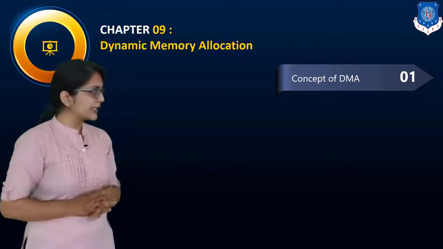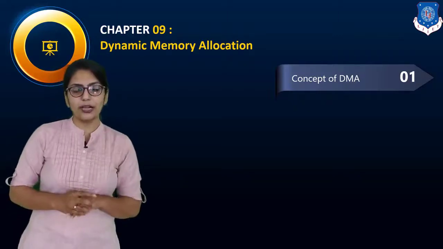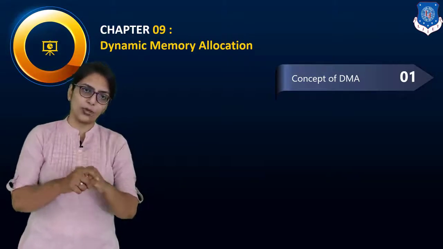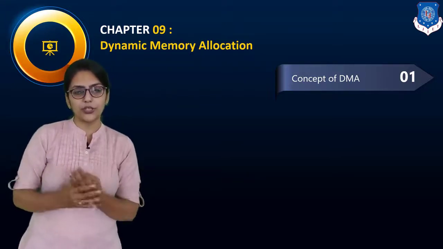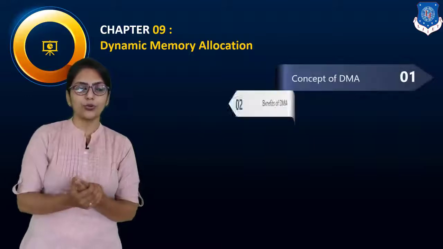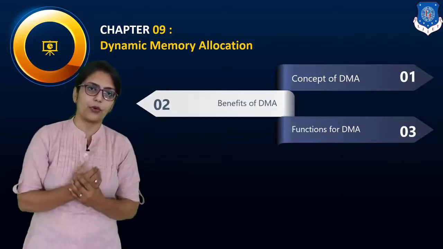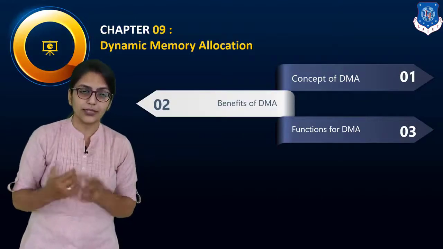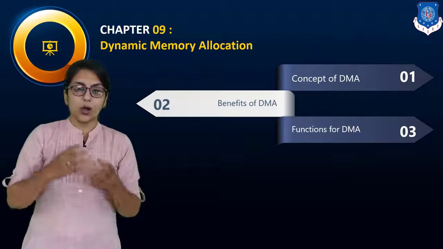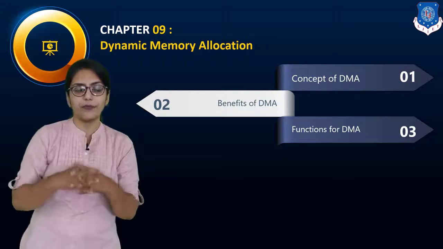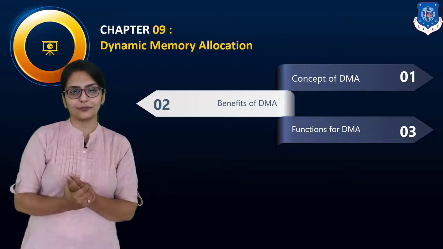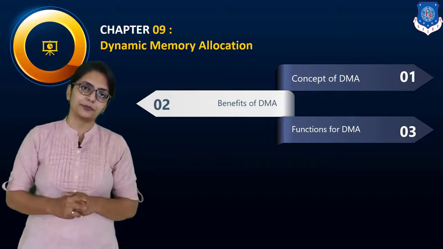Then after, as you can see on the screen, the next chapter is all about dynamic memory allocation. What are the inbuilt functions, and what are the terms used if I want to give memory to a user, if I want to take memory from the CPU as a user? All these things and how you can implement those terms in your program. We are going to talk about all of this in this chapter.